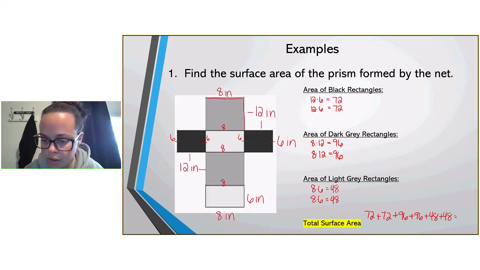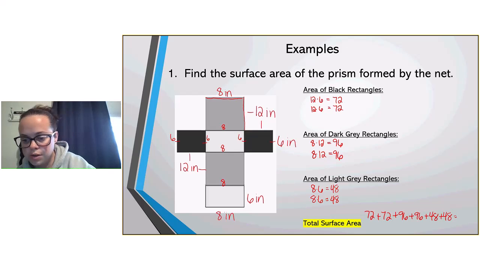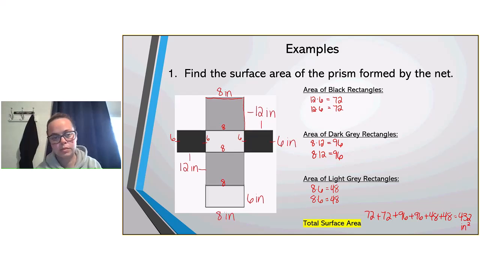I got 432, and it's inches squared. I do math too fast. That's okay. So 72 plus 72, 96 and 96, and 48 and 48, all added together is 432 square inches,